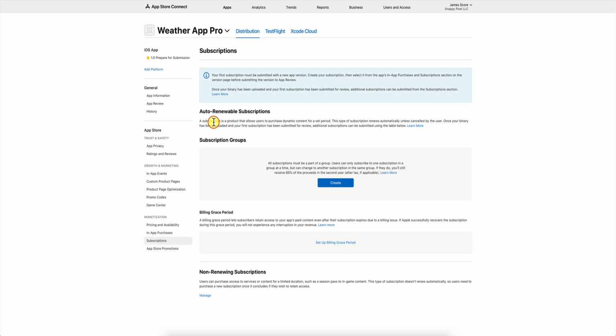And it says here, a subscription is a product that allows users to purchase dynamic content for a set period. This type of subscription renews automatically unless canceled by the user, okay? And it says here, all subscriptions must be part of a group. Users can only subscribe to one subscription in a group at a time, but can change to another subscription in